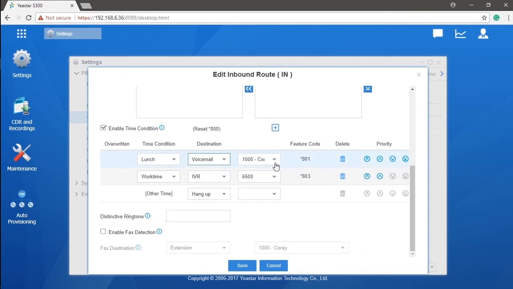As you probably already noticed, there's a feature code behind each time condition. This feature code can only be dialed by an authorized extension. The system will switch the destination to the corresponding setting regardless of what time it is in reality, if the feature code is activated. For example, your extension has been authorized now, and you can dial the feature code of the lunch break